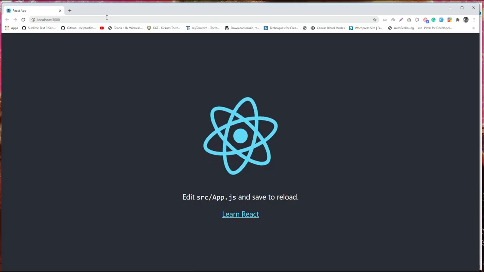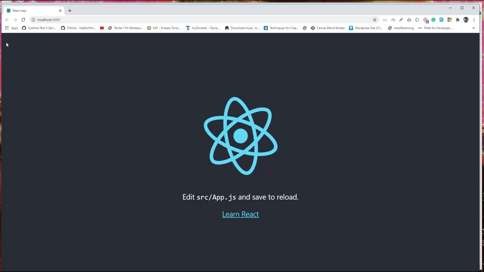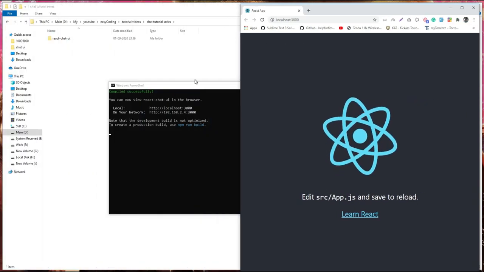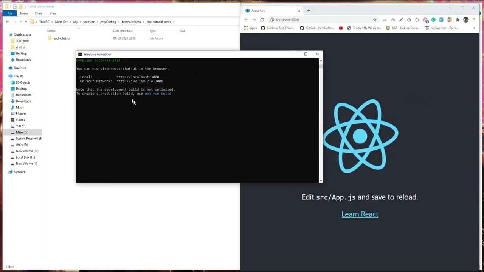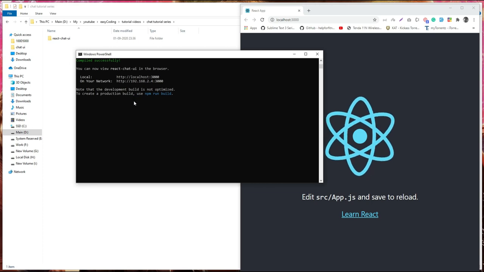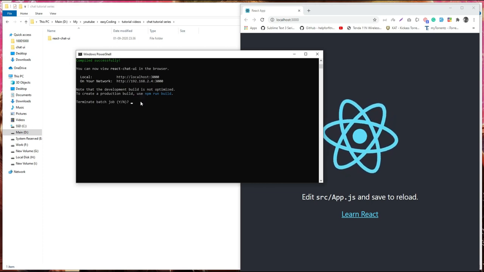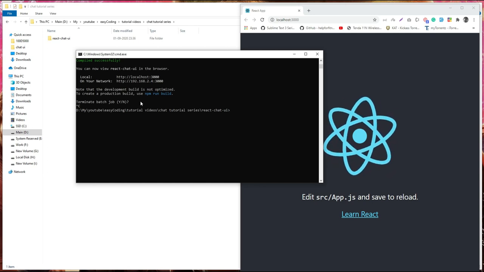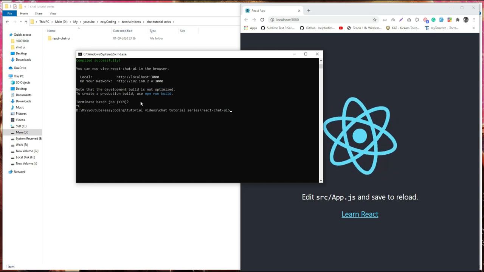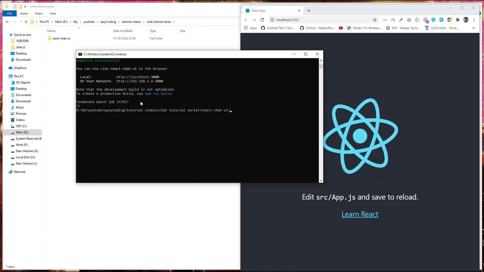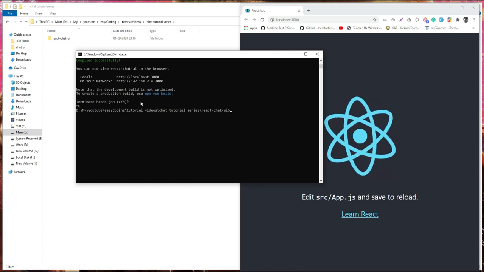Here you can see this is the boilerplate project for the React app. Let's close the app right now, and I'm opening the files in my favorite code editor, which is Visual Studio Code, but you can use any kind of text editor you want.